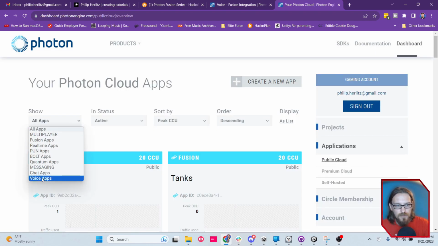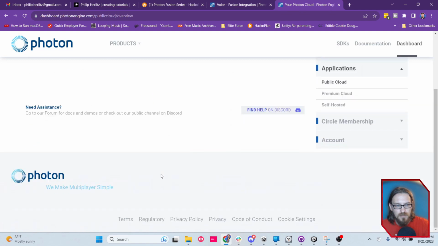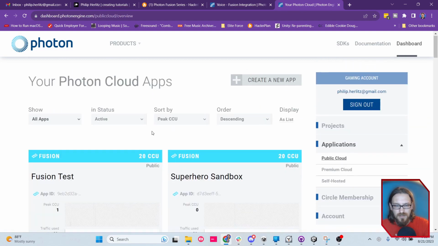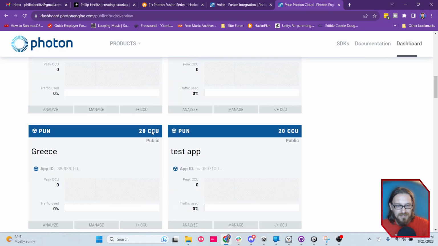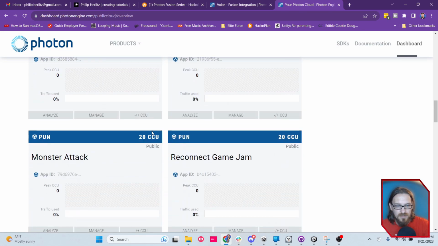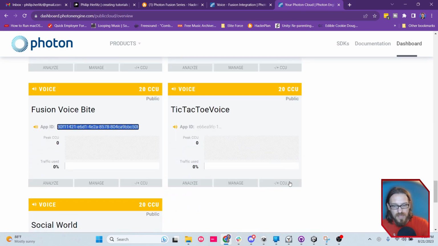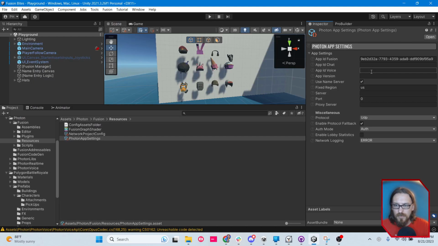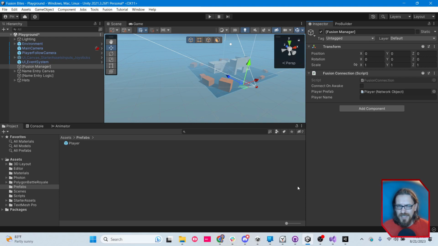All right, now I'm going to filter by voice apps, and I still don't have any? Where is this hiding? Filter just doesn't work, I guess. Well, I found the ID, so there's that, and now I can come over here and put it in the app ID voice. So hopefully this pieces together,